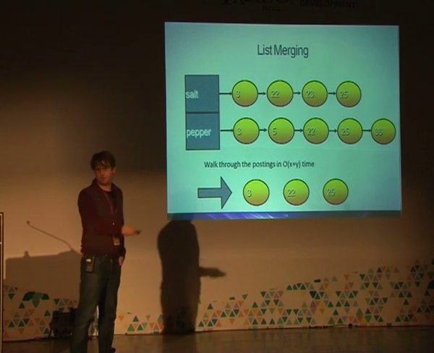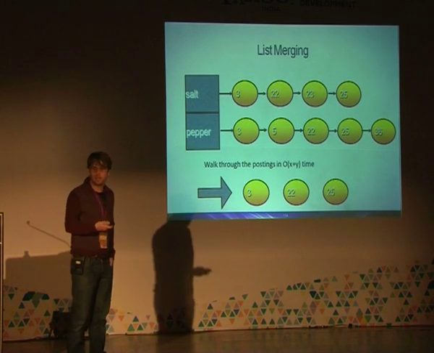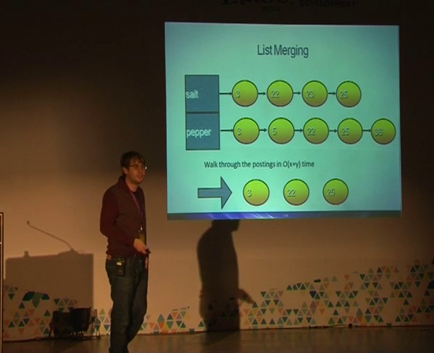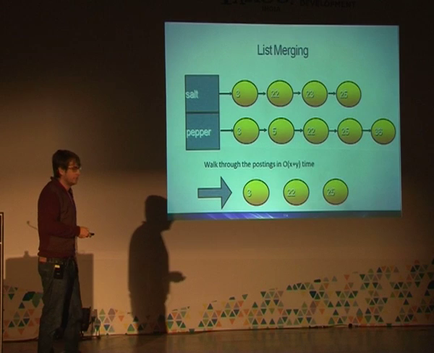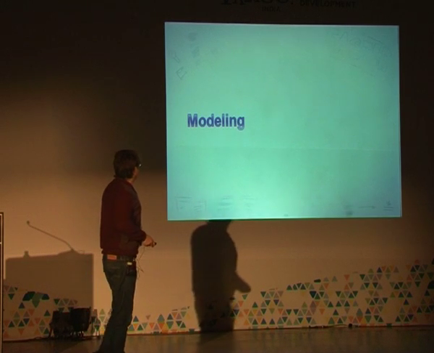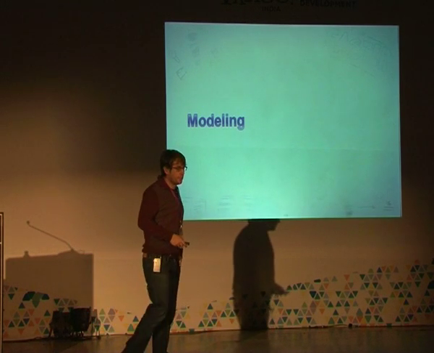There are a lot of tricks to speed this up, as you can imagine. But this is the basic operation of a search engine, intersecting these lists, or finding the union of these lists.